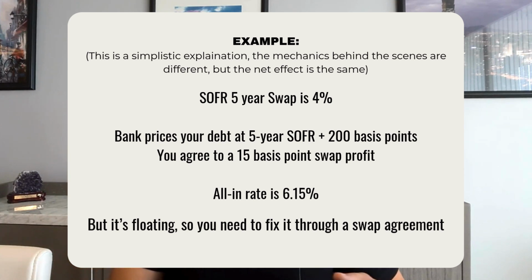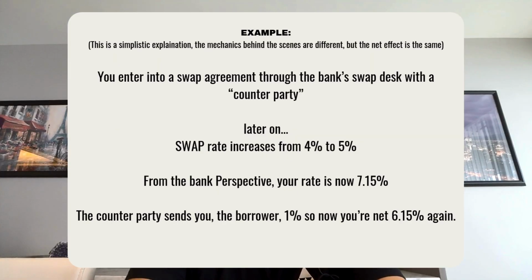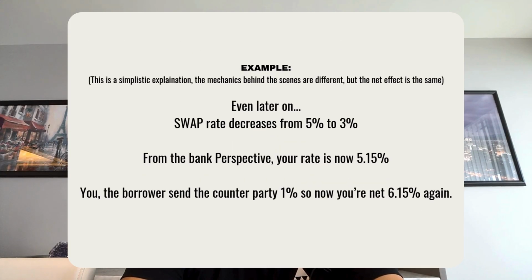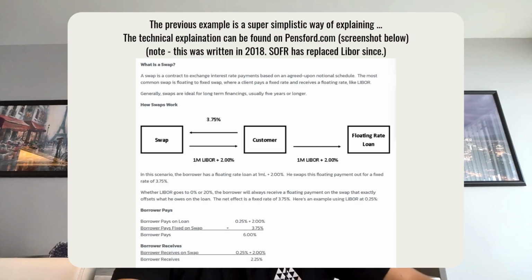But basically, with the swap contract, to the lender on their balance sheet, it's a floating rate. So for them, it's less risk because if interest rates go up, the floating rate goes up, and they're not losing any money. For us, it's fixed because when you enter into the swap agreement, there's a counterparty that sends you money as the interest rate goes up, and then if the interest rates go down below a certain amount, you send the counterparty money,